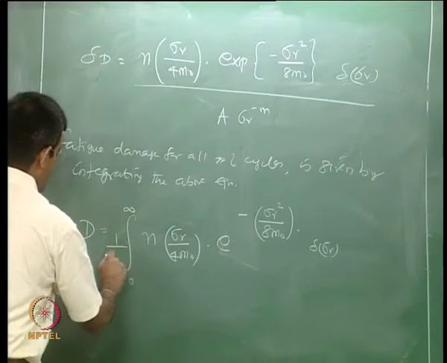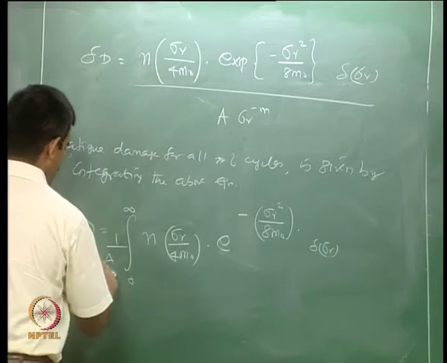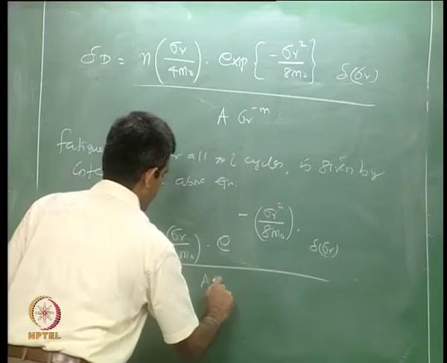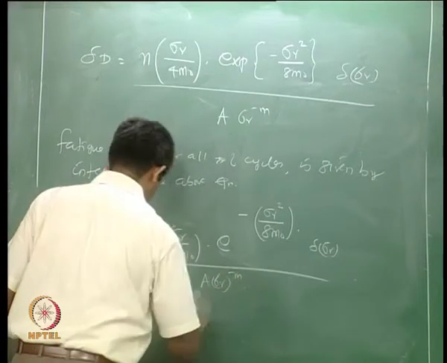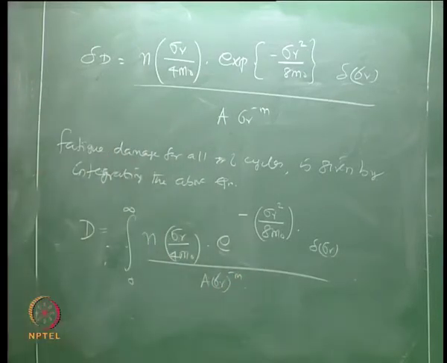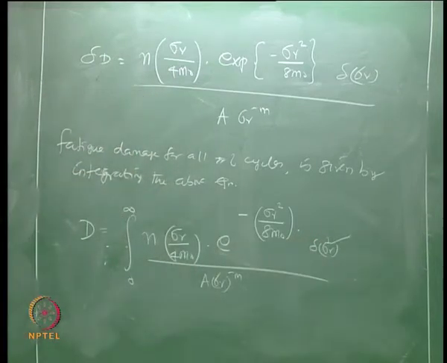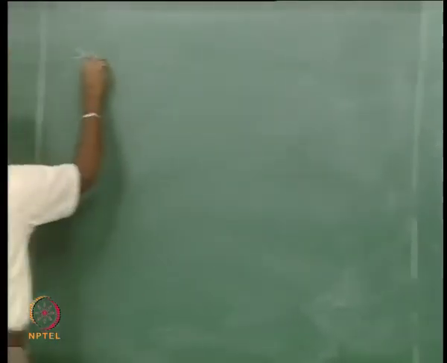Now, the argument is sigma r. Let us try to simplify this equation. Simplifying,